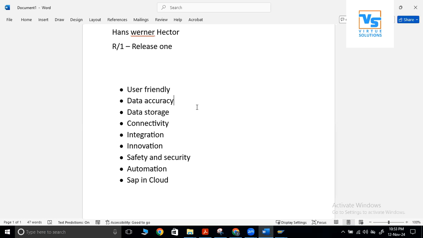Okay. And a few more examples I will take. Suppose C or C++ is there. That is for programming and coding. Yes. Okay. Or suppose the software called PeopleSoft is for HR only, human resource. So what I am trying to say is that there are many softwares, but they are for individual functionalities only. Okay. Now suppose